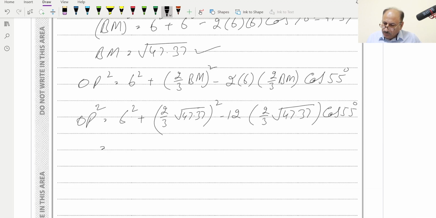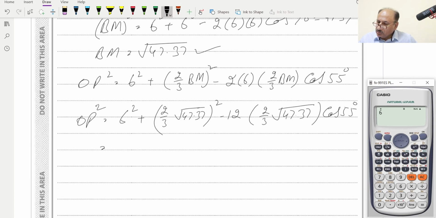So we write 6 squared plus the bracket 2 over 3 times the square root of 47.37, squared, minus 12 times the bracket 2 root 47.37 over 3, bracket close, cos of 55 degrees, and this will be equal to